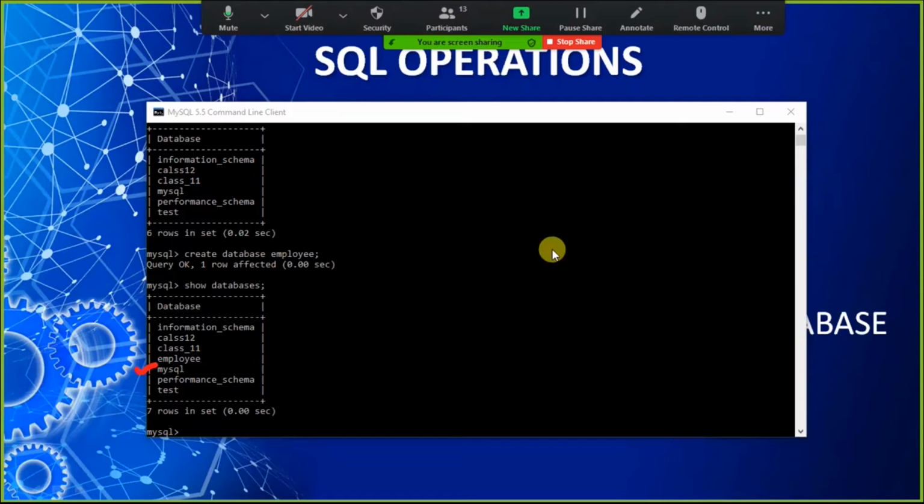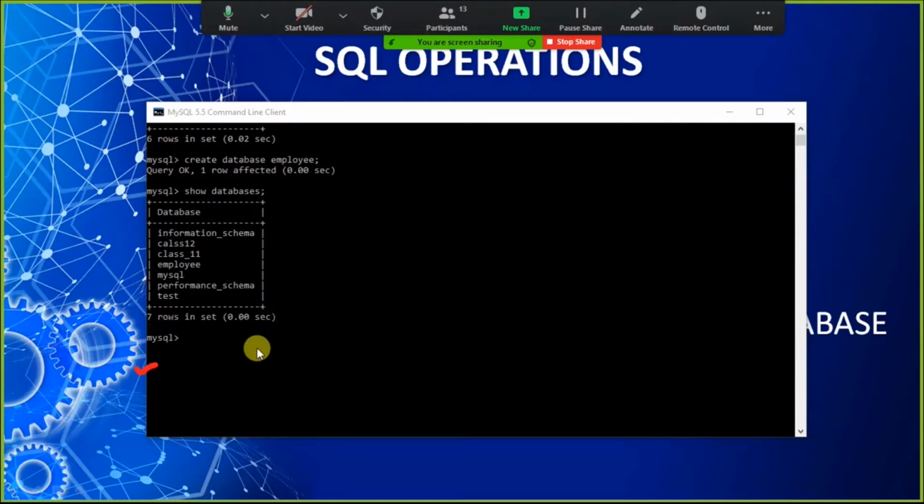Suppose you buy any box from the market, and now you want to keep some item in that particular box, then first you will have to select that box, right? So we need to select the container first of all. Similarly here, the database is working as the container in which we will contain many tables. So we need to select this employee database first of all.